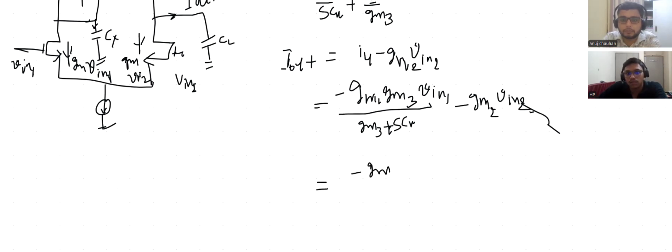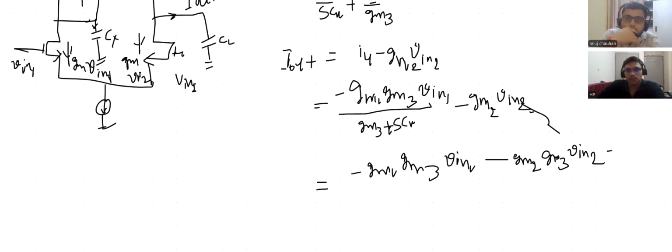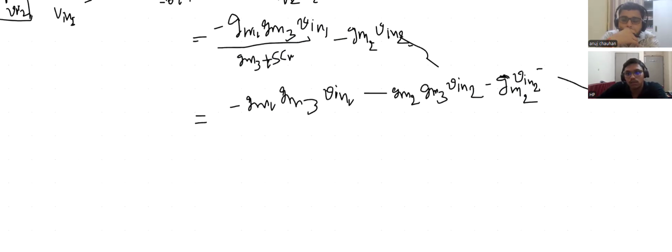Minus gm1 gm3 Vin1 minus gm2 gm3 Vin2 minus gm2 Vin2 sCx, divided by